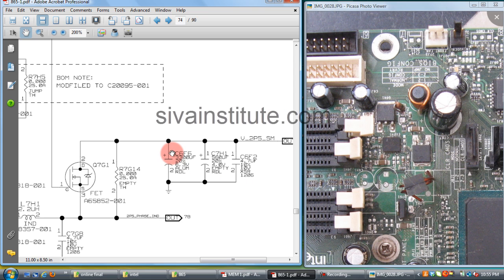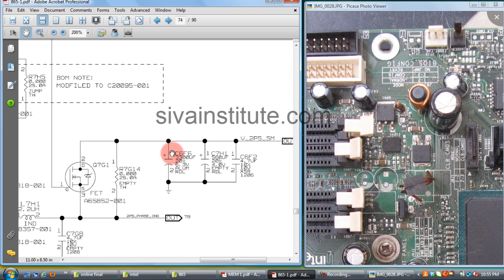You should check oscillator IC output pin number 15, whether 2 volts is there or not. When this 2 volts is present here, this IC is okay. If there is no voltage at this point, you should check the oscillator IC. Next, check here whether voltage is there or not. If there is no voltage at this point, you should check the FETs. If 2 volts is present at this pin, the oscillator IC is okay.